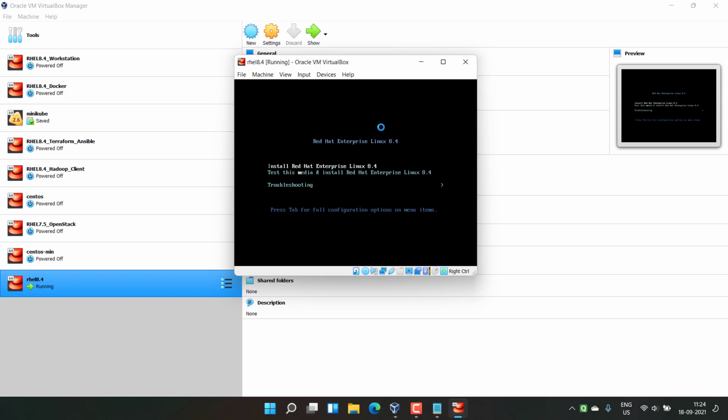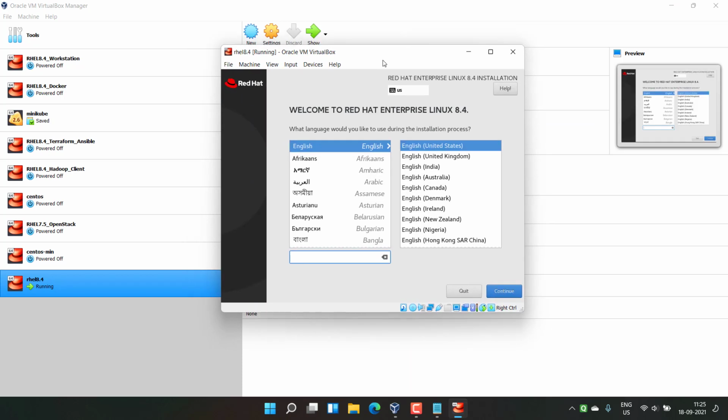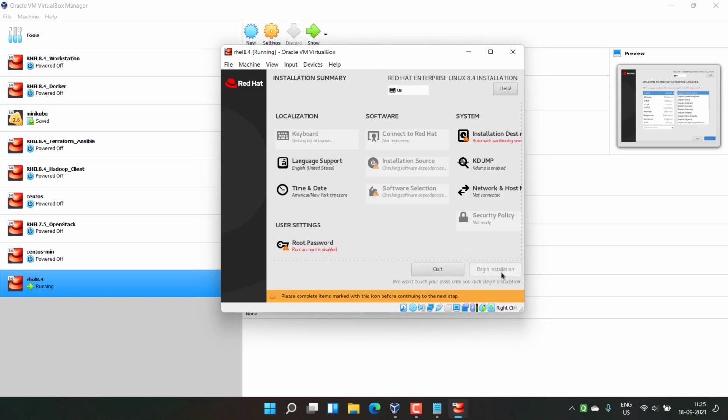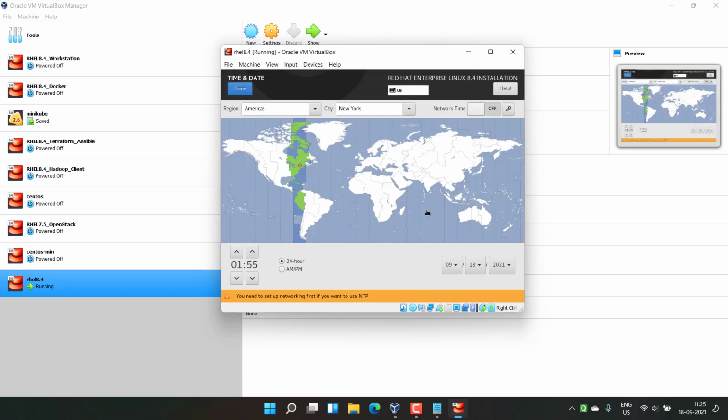Now if I again start the virtual machine, let me again do the installation. Alright, so again the installation comes up, and this time my mouse is working perfectly fine. You can see here I can very easily move my mouse outside and inside. I don't need to go inside it. So here I selected English, United States. I'm continuing. I need to select some of the basic things. Let me select the date and time.